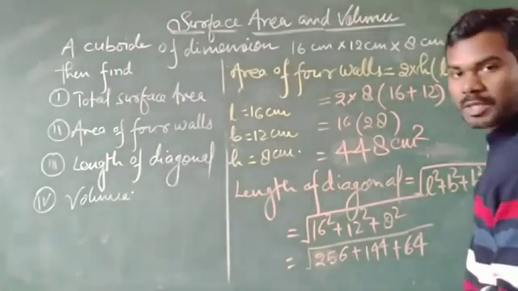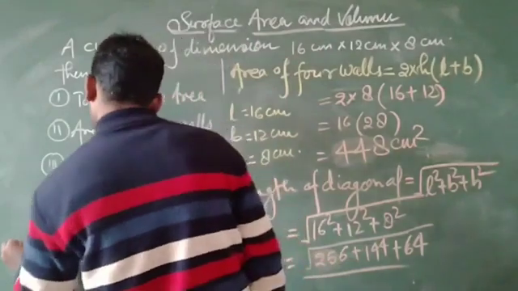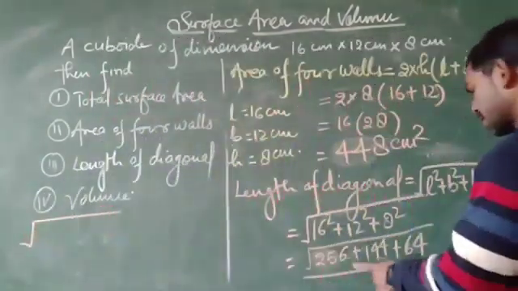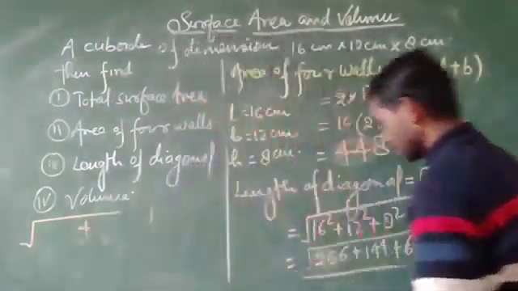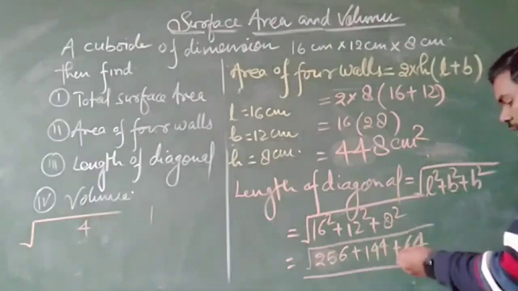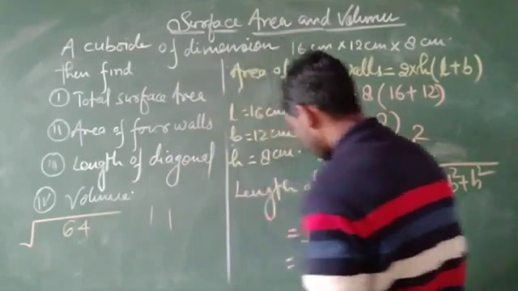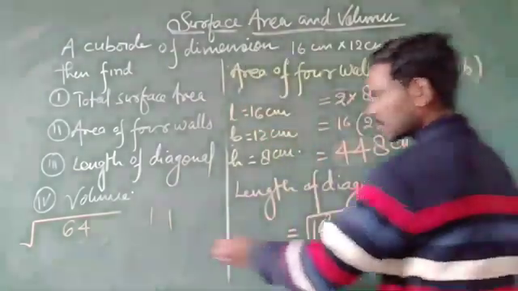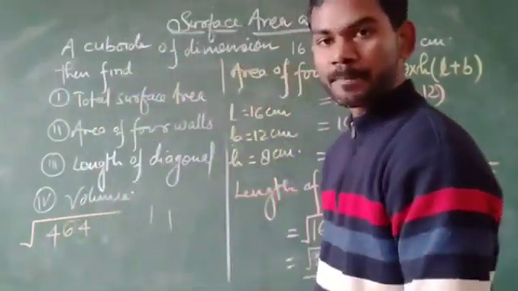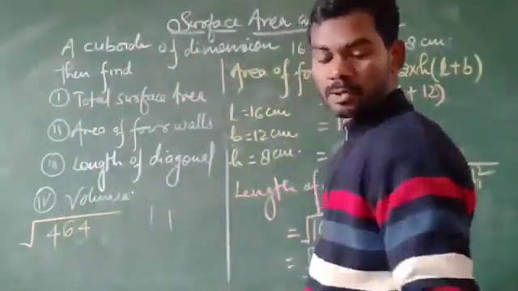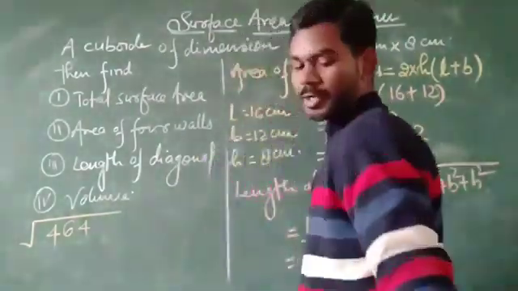Now find the sum of these squares. Here I am going to write under root. Now add: 6 plus 4 is 10, 10 plus 4 is 14, carry 1. 5 plus 4 is 9, 9 plus 6 is 15, 15 plus 1 is 16, carry 1. 2 and 1 is 3, 3 and 1 is 4. So 464 is the sum. Now we have to find the square root of 464.